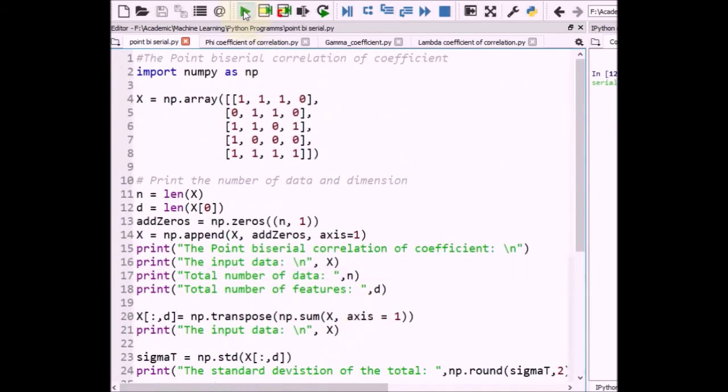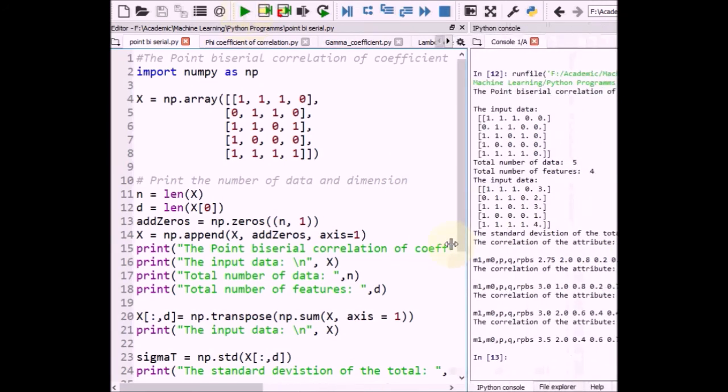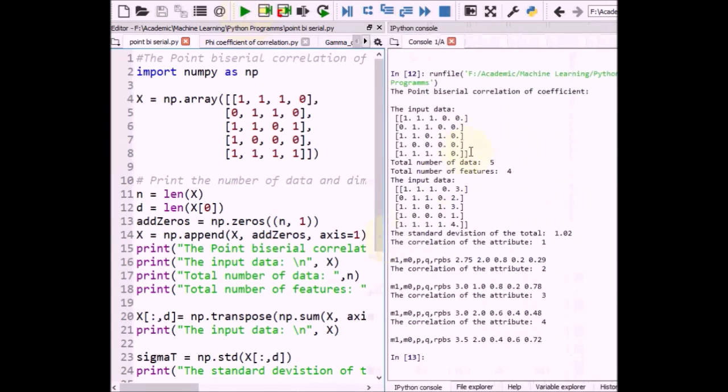Now if you execute it, we can see this is our input data, and here we add row wise. 1 plus 1 plus 1 is 3, 1 plus 1 is 2, 1 plus 1 plus 1 is 3, and finally all 1s it is 4. So the last column is the total, and this is the standard deviation of the total. So the correlation coefficient of the first attribute with the total is 0.29,